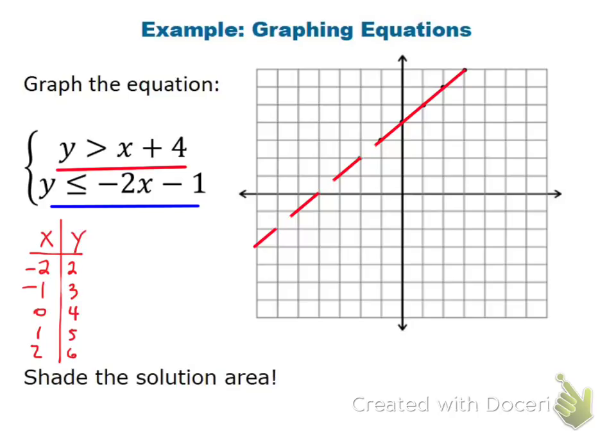The one thing that I'm going to have here that I'll probably be able to see in my Desmos is, since the inequality sign is just a greater than, not a greater than or equal to, it's going to be a dotted line. When I do the other one,